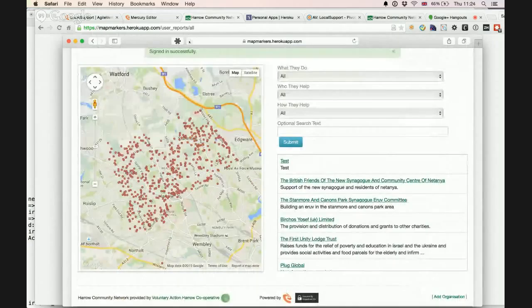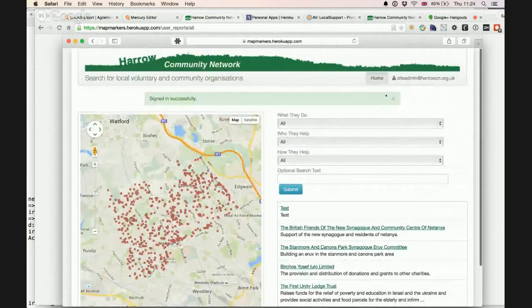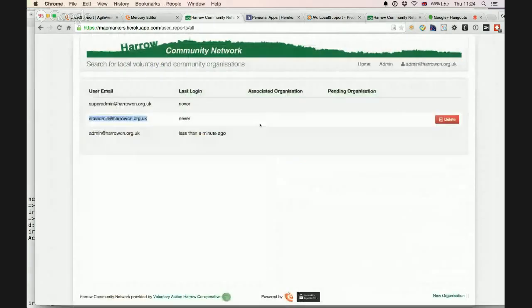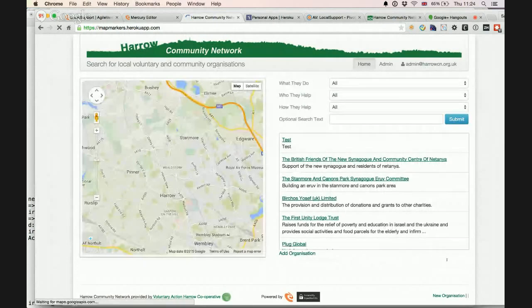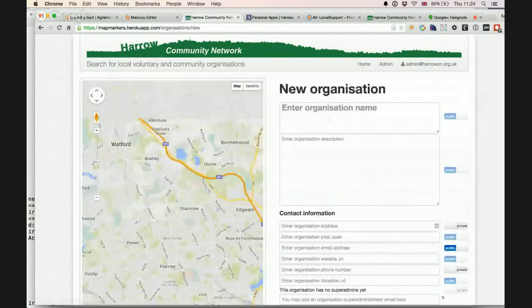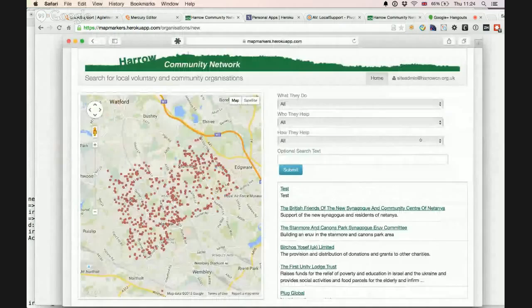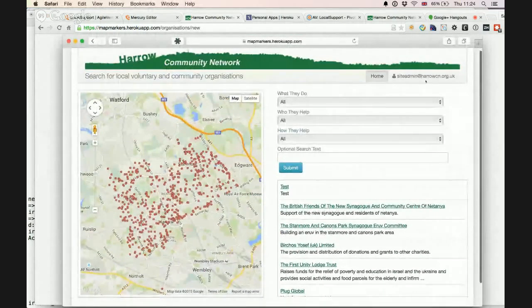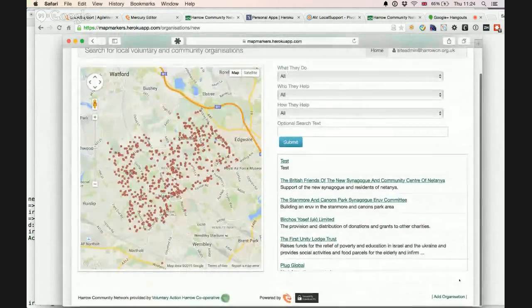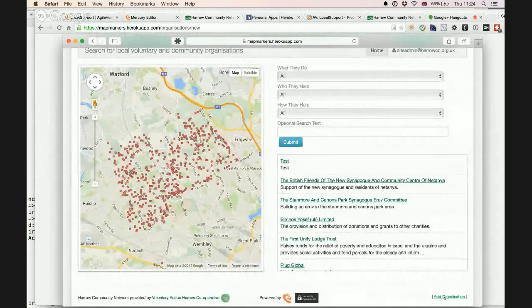Is that spinning? Have I not clicked it? Go on, click. Clicking it again. New organization. Let's just go home on this one. New organization. Yeah, it's working there for admin. And here, we're in a site admin who presumably doesn't have things. It looks to me like that is at least not working there. So that's a bug I'm going to have to report to Michael.